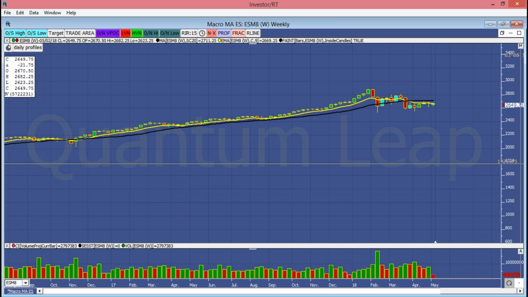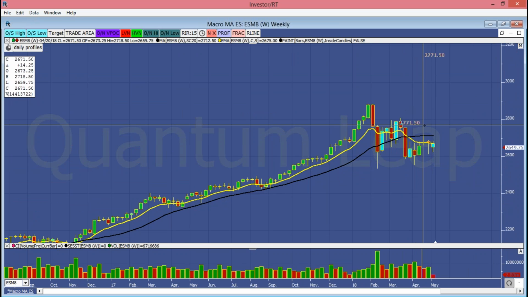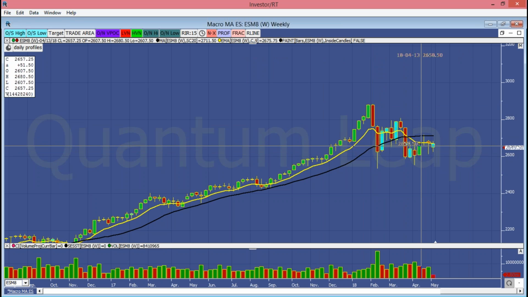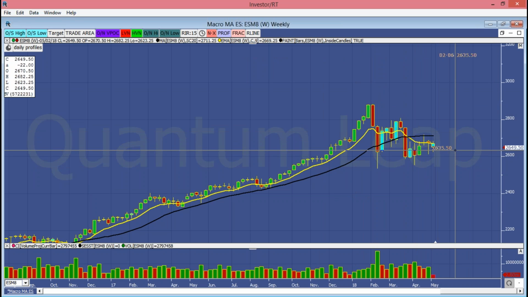Going to the weekly, you can see that we do have a possible trend change. We were having a nice upward trend, then they broke through, tried to take it back, and now they failed again, and we currently are trading below the 9 and the 20. We don't have any real slope. We're still in this consolidation phase inside of this balance zone, waiting on a bigger breakout that has